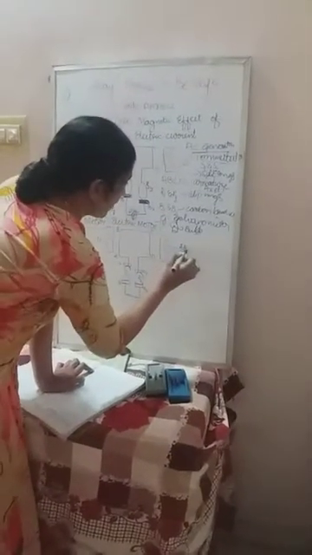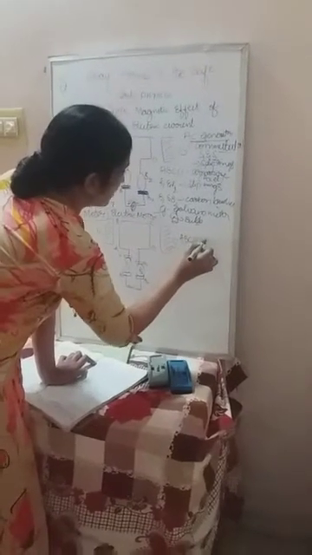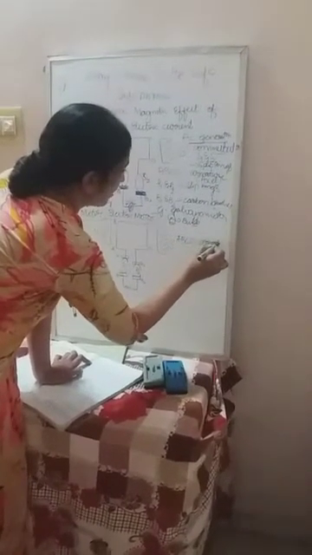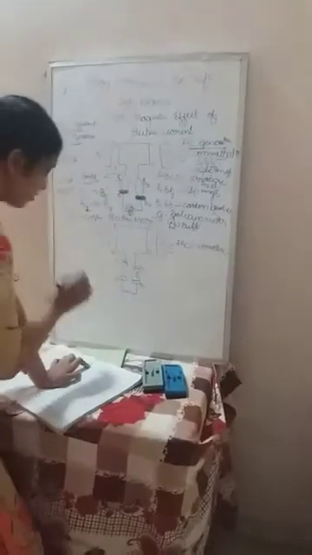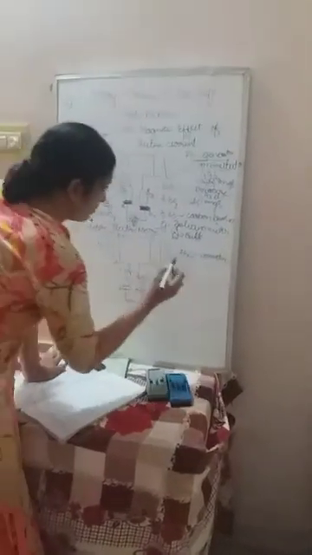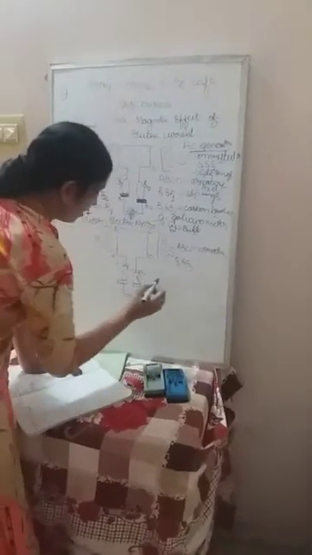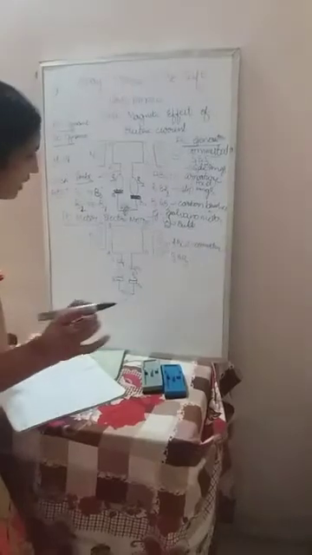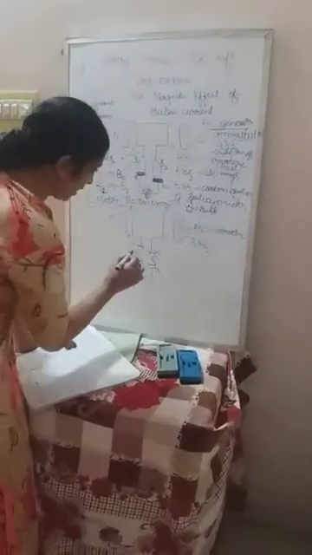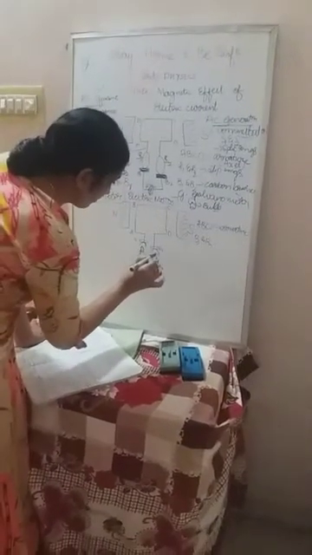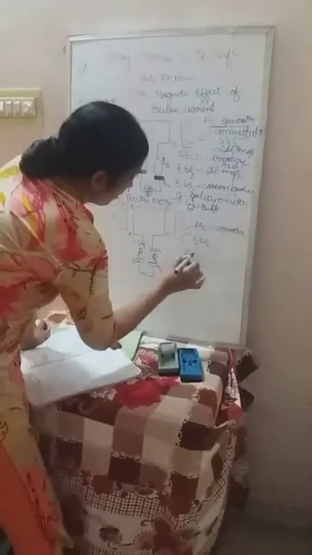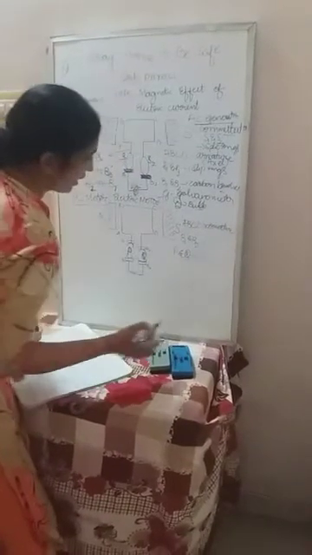N and S are the two poles of the powerful magnet, and ABCD is an armature. Armature is also known as axle. Keep in mind, ABCD is an armature. They are connected to the carbon brushes B1 and B2, and here also split rings are used. Instead of R1 and R2, if you had a confusion, we can take P and Q. P and Q are any names we can give here.